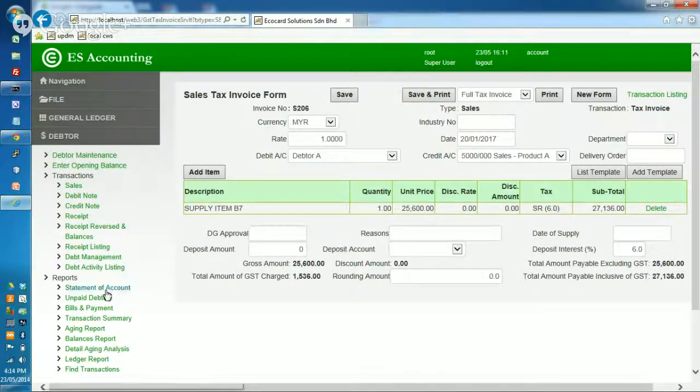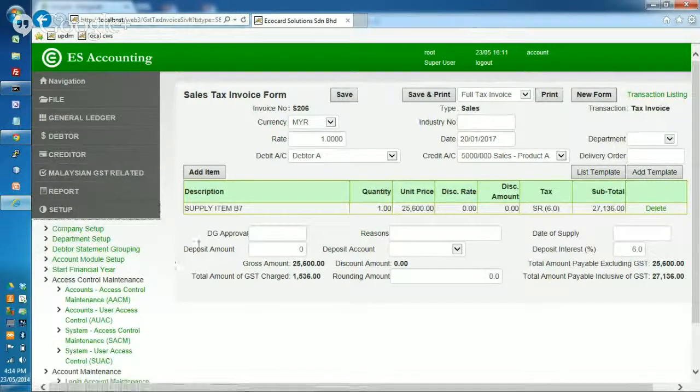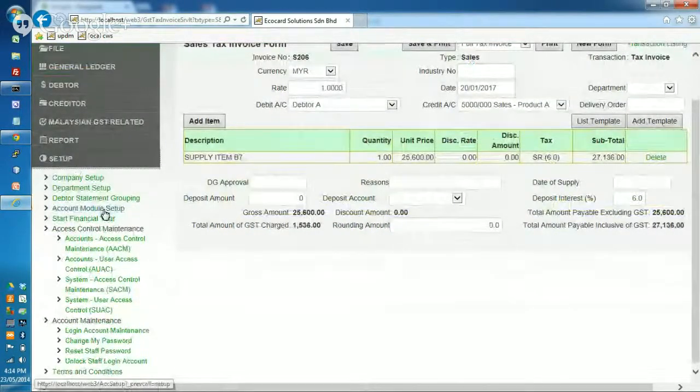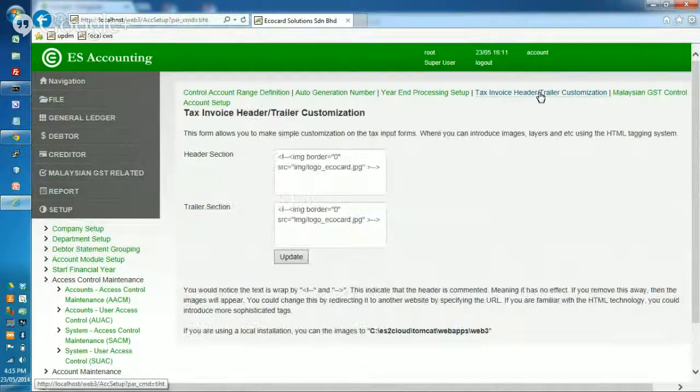you can go to the screen, here you go to Setup. In the Setup, you have the account module setup. This is all account module setup related, and in here you will see the tax invoice header trailer customization. Click onto this. You'll see that there's a pre-sample already given to you, and it is already commented out. If you take out this comment,